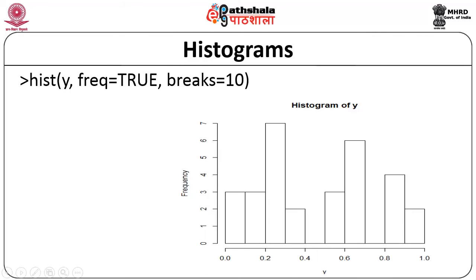Next, if you want to generate a histogram, you can make use of the hist function. The hist function requires the various partitions or ranges along the x axis. Now, along the x axis, suppose we want to have 10 partitions, then that must be indicated using the argument called breaks. So, if breaks is set to 10, it indicates there are going to be 10 bins or 10 partitions, and then you will have to set the frequency to true.